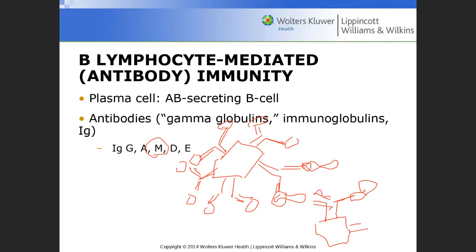Let me write this down. IgM is the first antibody made, and it is a mediator of mismatch reaction. What is a mismatch reaction? If your blood type is A and you happen to receive B